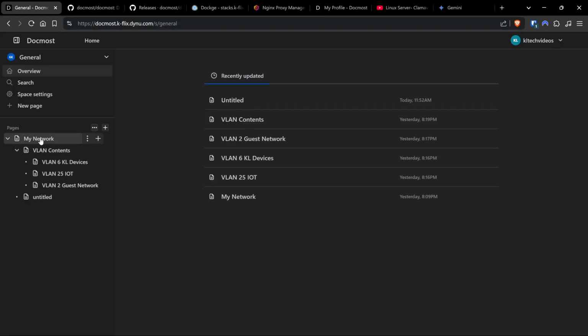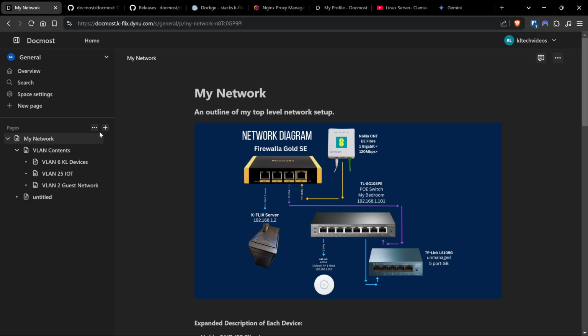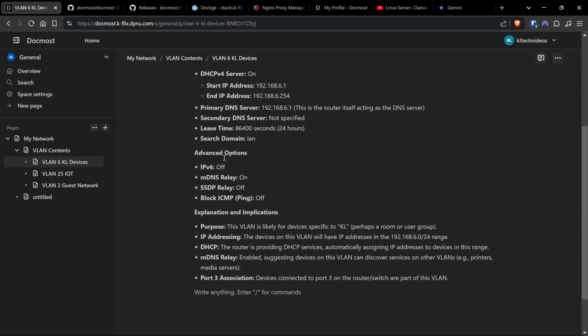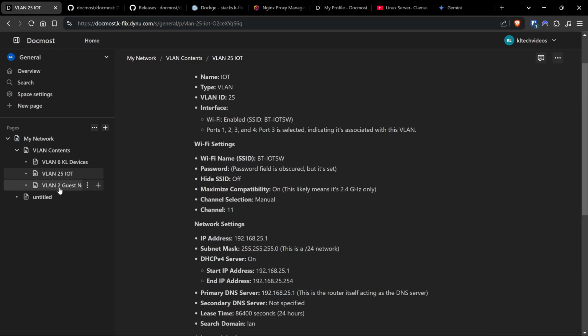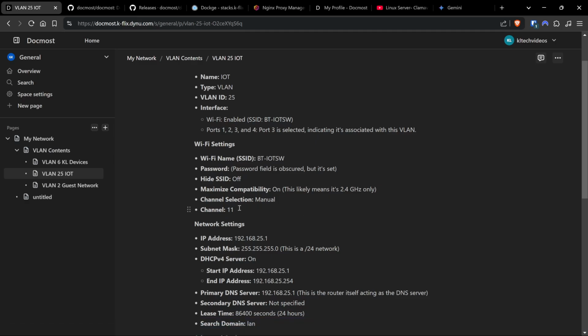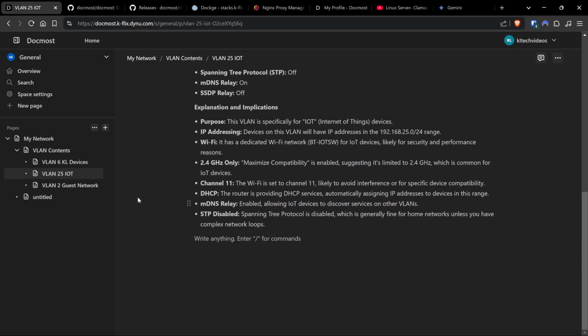But if we go over to the one that I've already got set up here, you'll see that I've created a network diagram. And like I said earlier on, one of the things that I'm going to be creating in here is the mapped network of my network, so that I can easily control that. At the moment, I've worked on the VLANs and what I've got in my VLANs, saying what ports they're on and IP addresses and subnets and what advanced security settings I've got on here. Just like my IoT network, which with the firewall, or I've used the FirewallSD Wi-Fi card, which is on channel 11 there. Just gives you bits and bobs of information,